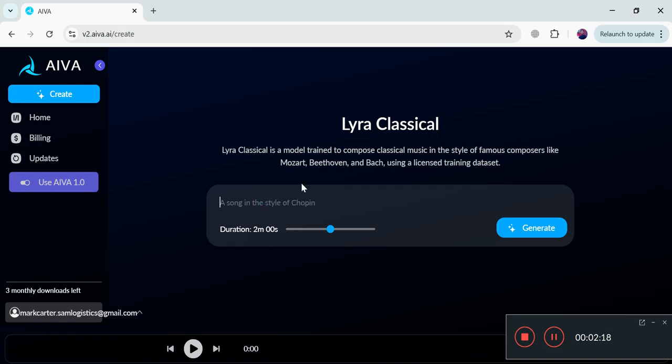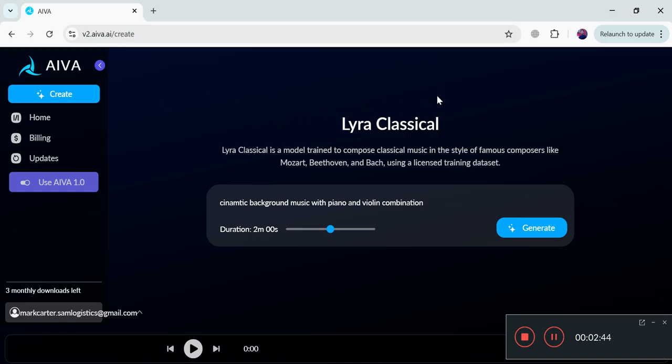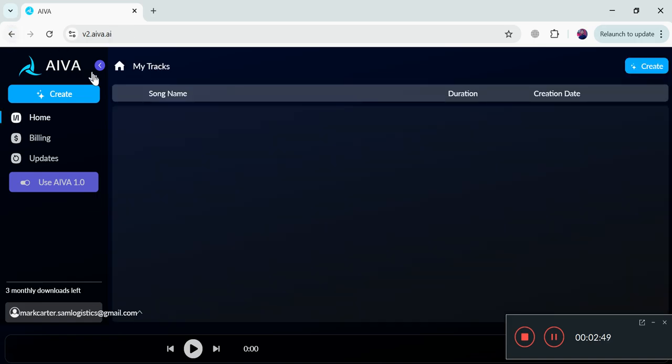So let's say we want cinematic background music with piano and violin combination, and after that we will just hit the generate button and let's see the magic. But it's saying that this beta version is available in the paid version. So let's try the free version first. If you have that membership or the subscription, then you can use this feature.